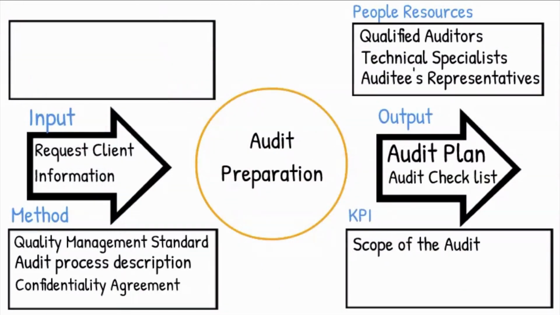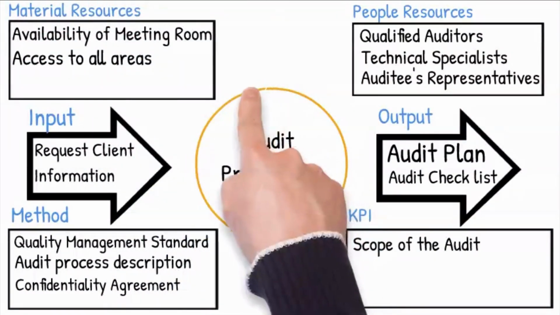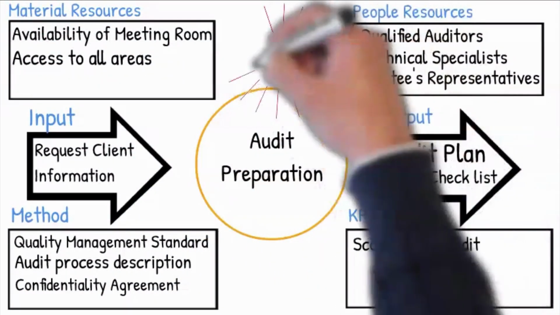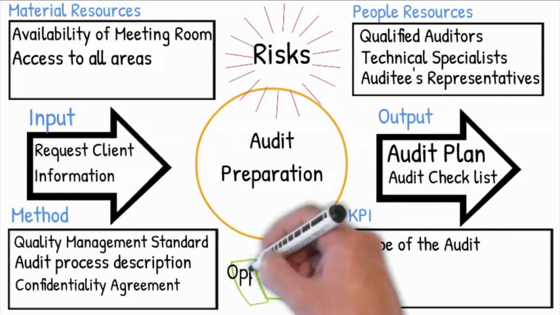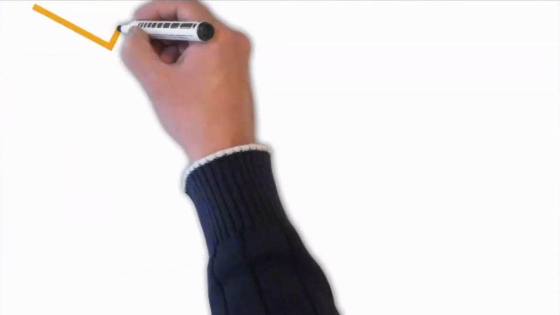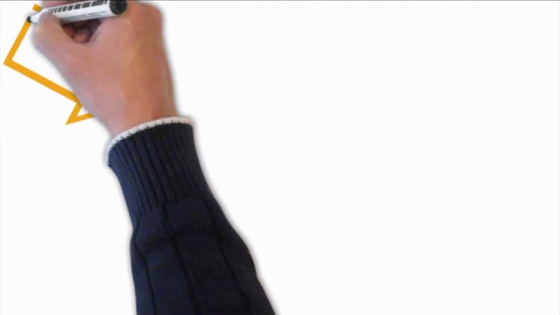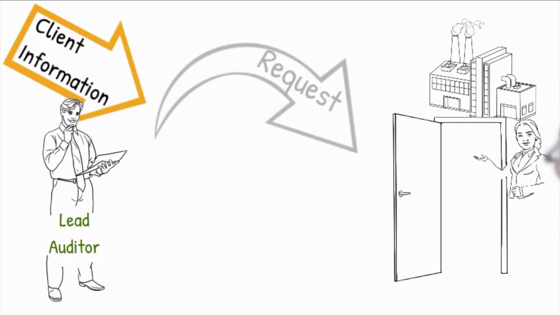The auditee must ensure that the auditors have an office to work from and access to all areas. The purpose of the audit preparation is to identify the potential risks and opportunities and include them in the audit checklist. The lead auditor will request the following information from the client, which will be analyzed to familiarize the auditors with the process and to prepare the audit checklist and audit agenda,